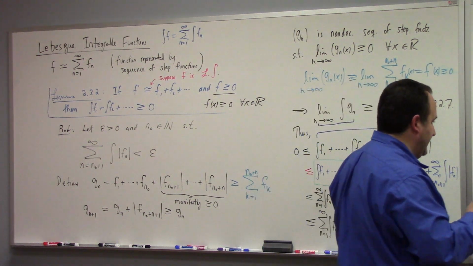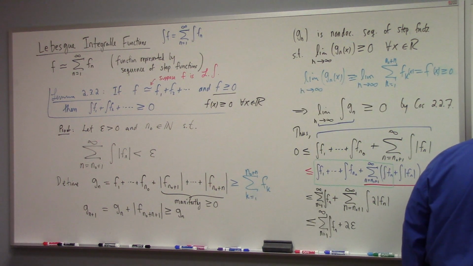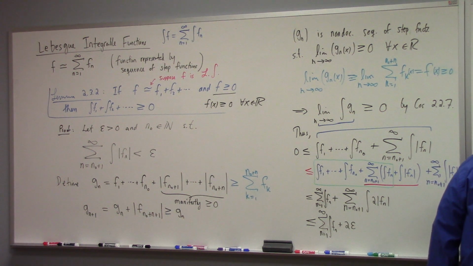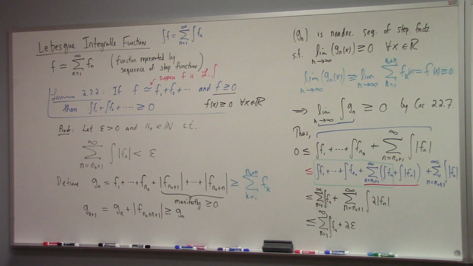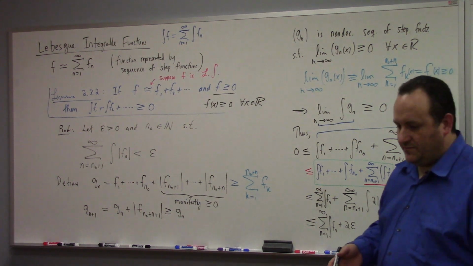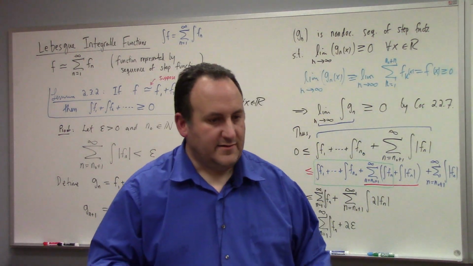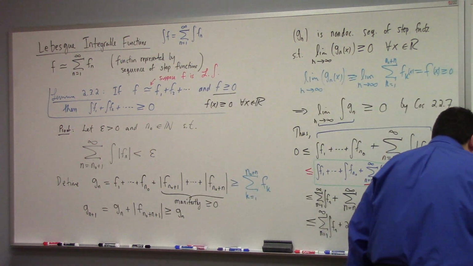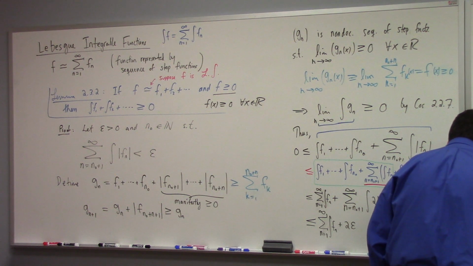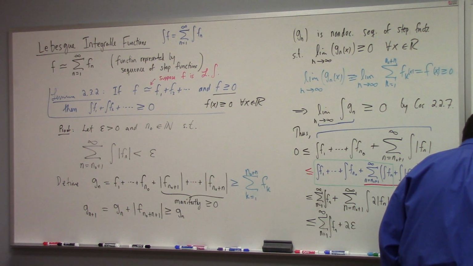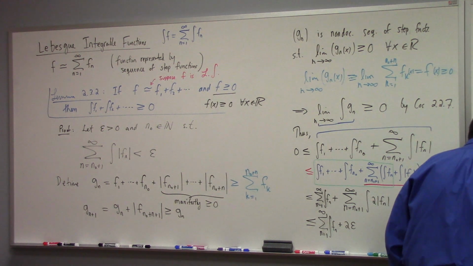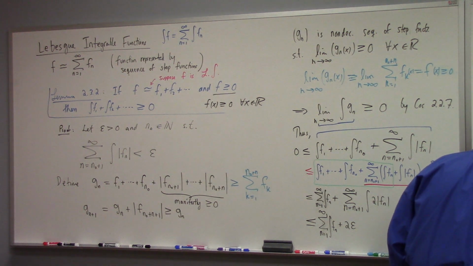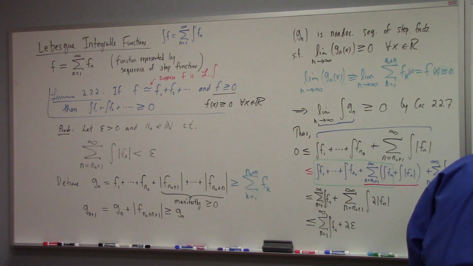So if I call this thing big F, and if I call this thing big G, then what this tells me is that F is greater than or equal to G, right? But this argument is symmetric in the role of F and G. You can just as well do the argument with F and G reversed. And so likewise, we can prove that G is greater than or equal to F. Or if you like, F is less than or equal to G, right? So therefore F is equal to G, which is what we're trying to prove.